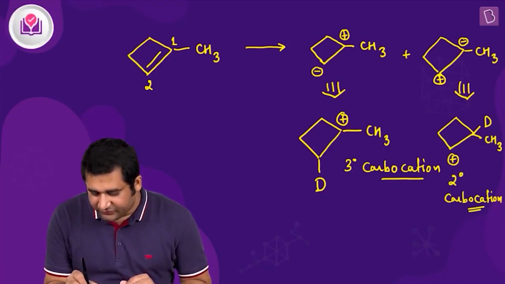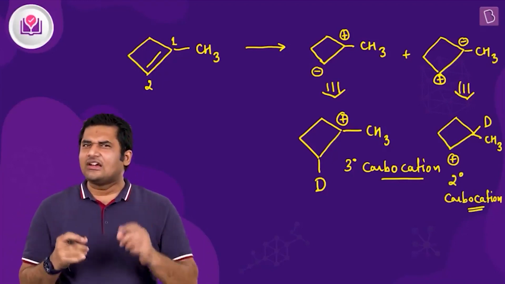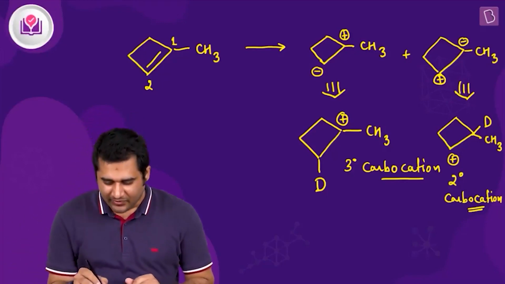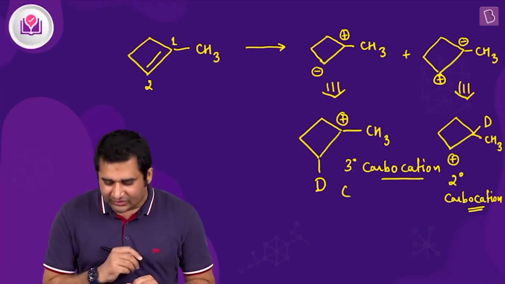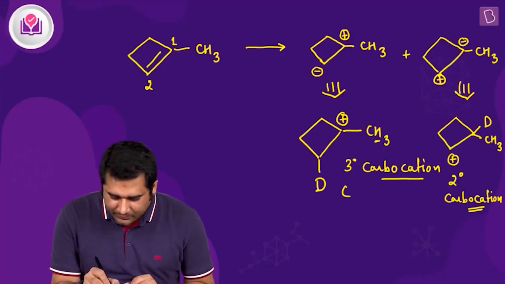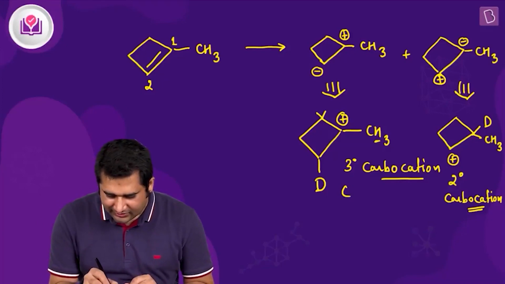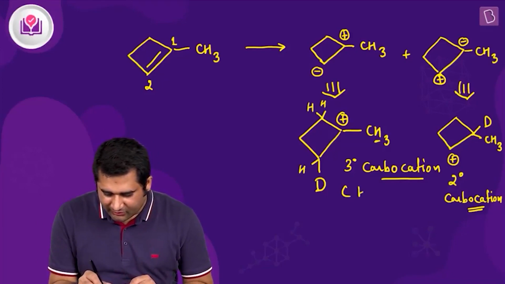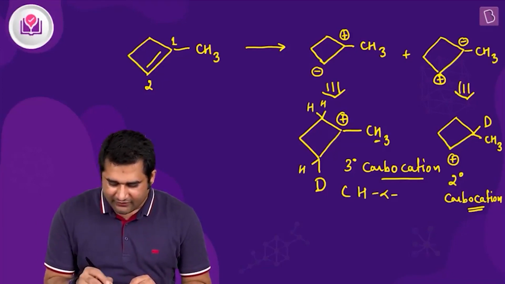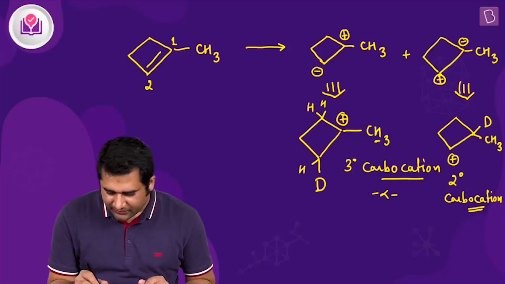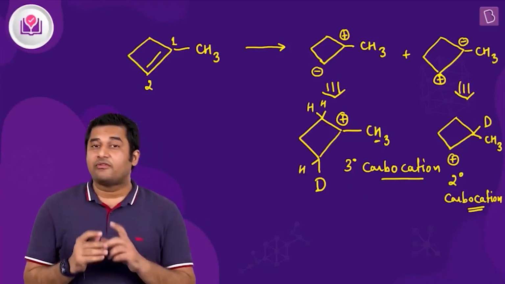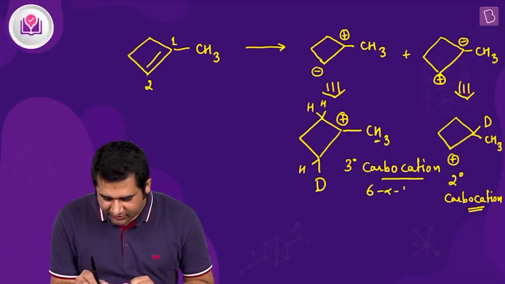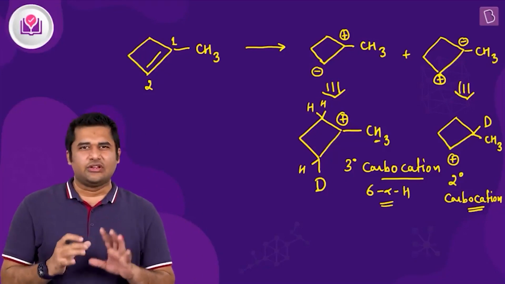I hope up to this it is very clear to you guys, and we clearly know that a 3-degree carbocation is more stable than a 2-degree carbocation, isn't it? As you can see here, the number of alpha hydrogens in the 3-degree carbocation is 3, plus 2 from this carbon and 1 from this carbon. Let me write it clearly. In the 3-degree carbocation, the number of alpha hydrogens is 3 plus 2, 5, and 1, 6. So we have 6 alpha hydrogens. I'm not counting deuterium as of now.